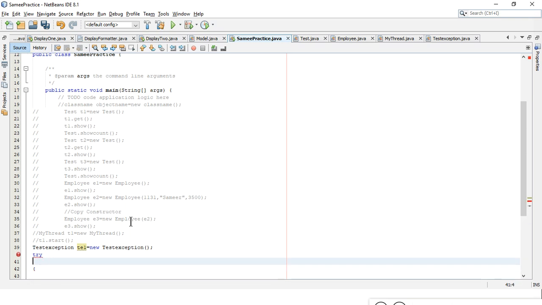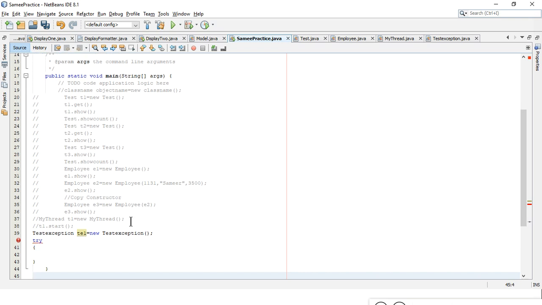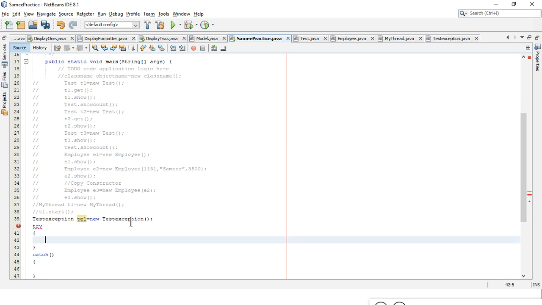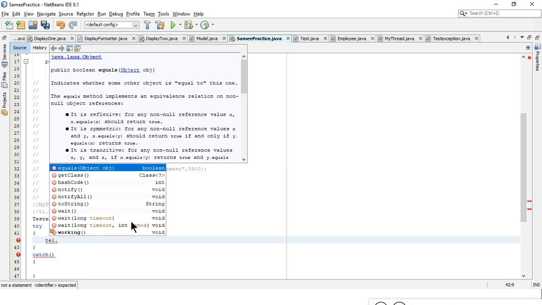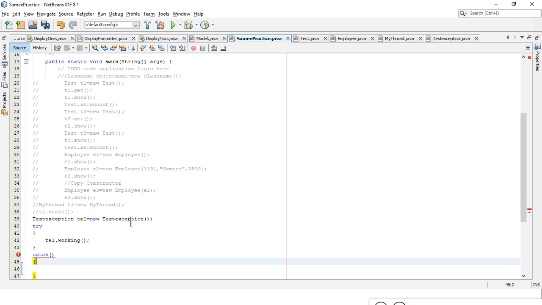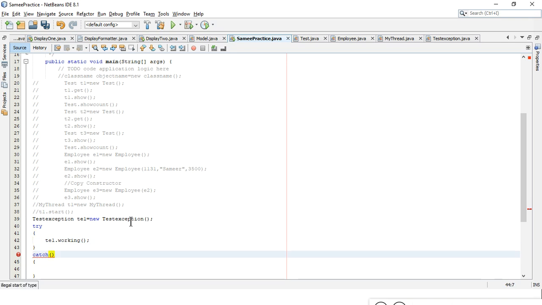Just a second, I have to place it inside some method. Okay, so try followed by the catch block. Inside try I will call this method working, and in catch, since I'm passing the arithmetic exception, I will have an object of arithmetic exception.